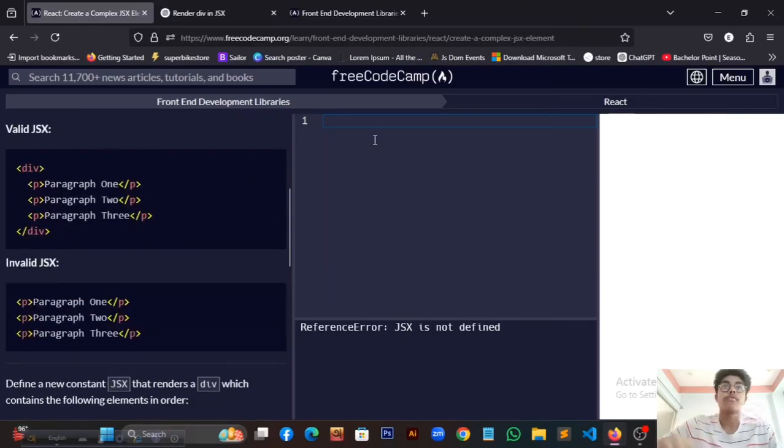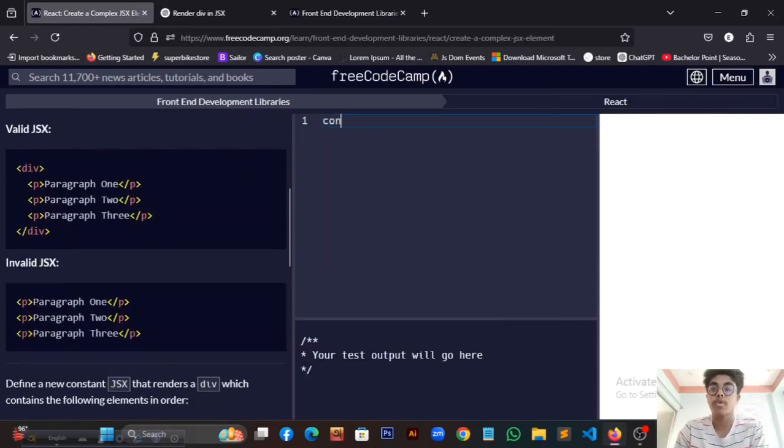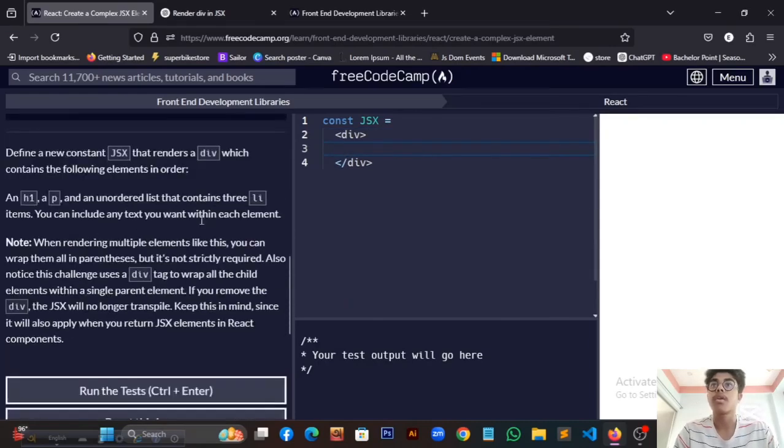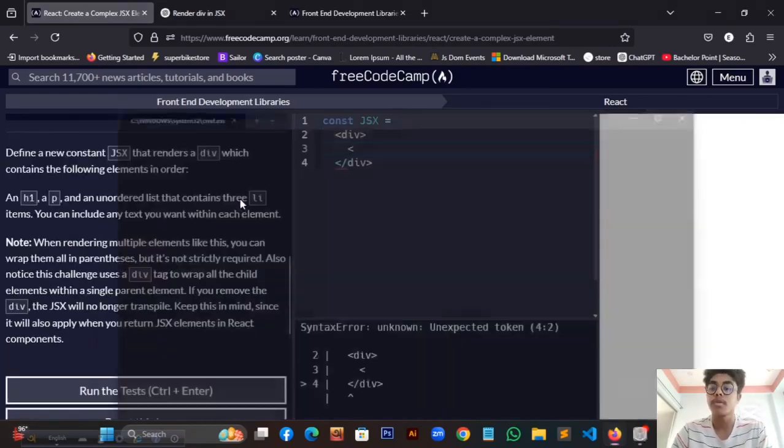So if we take const JSX variable and take a div, and here if we take an h1 element,